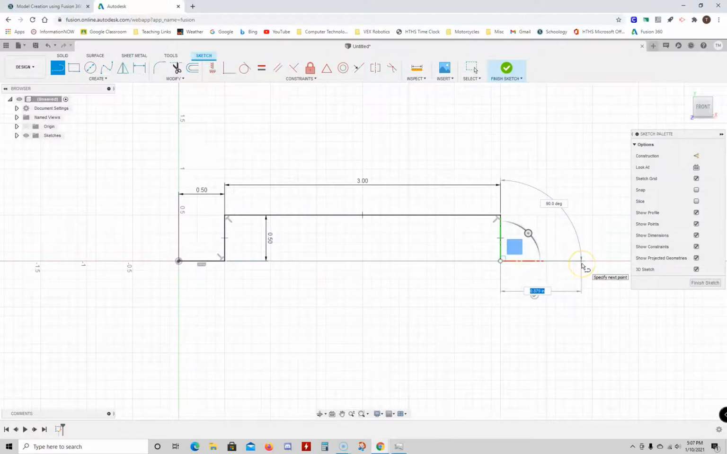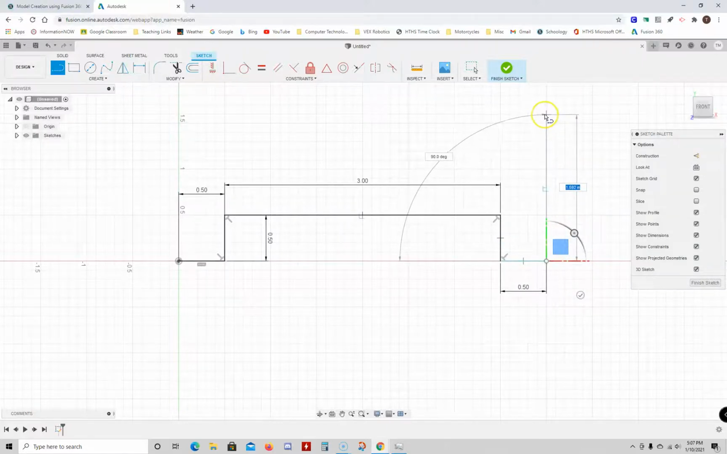Then I'm going to go off to the right again, type in 0.5. I'm going to click the mouse. Then I'm going to go straight up this time. And the height for this portion is 1.5. And I hit enter on that one. Didn't mean to, but what that did is when I hit enter, it terminated the command or ended it. So to continue on, I got to go